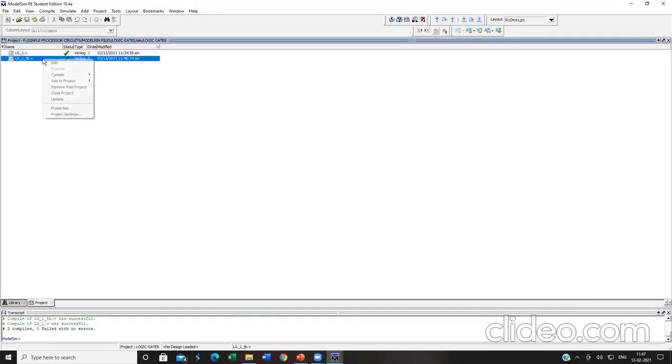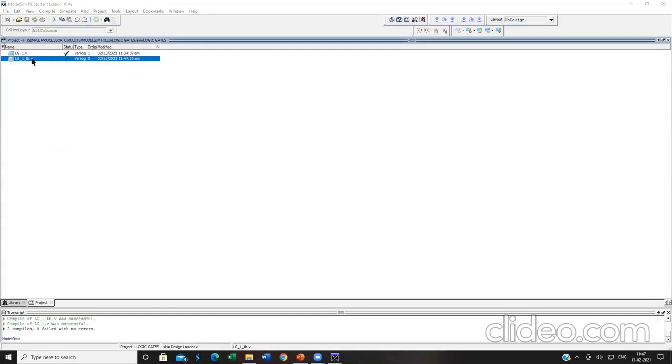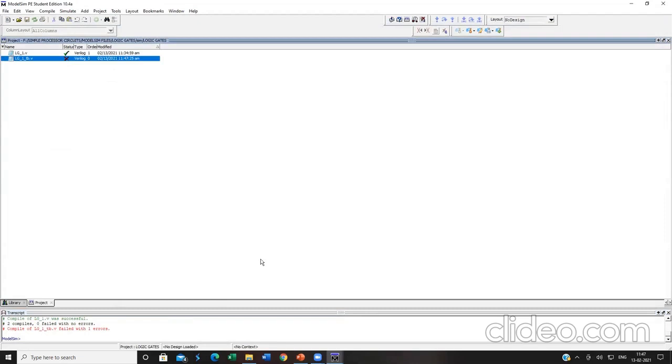For example, see, I'm removing this semicolon over here. I'm just saving it. Now if I right click this, click on compile, compile selected, you can see a red color X mark will be coming, which indicates the error.